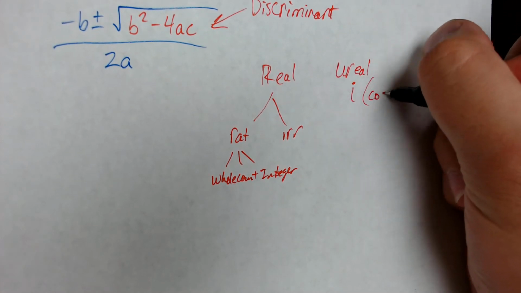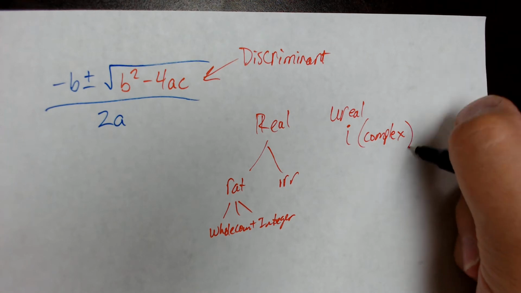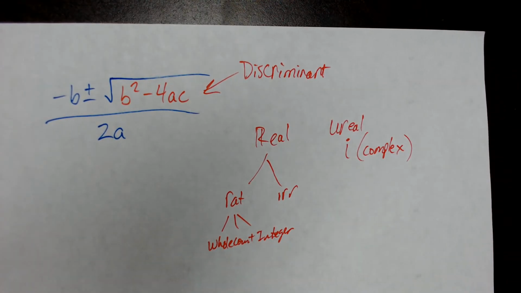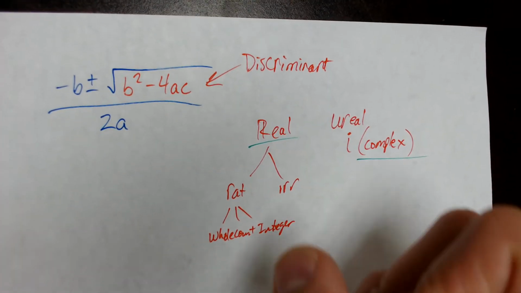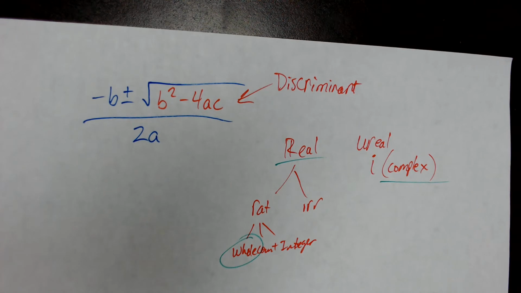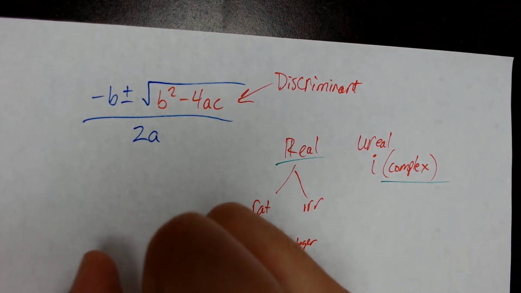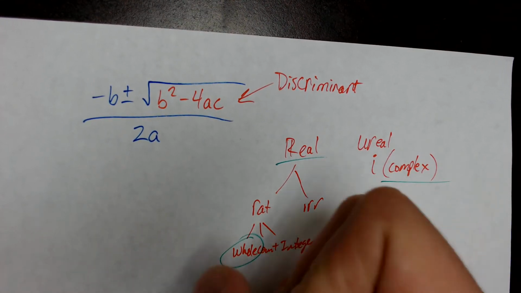So we'll call this complex. So this discriminant is going to tell us whether or not our answer is going to be complex, real, or a whole number. Now, the way we know that is if b squared minus 4ac equals 0,